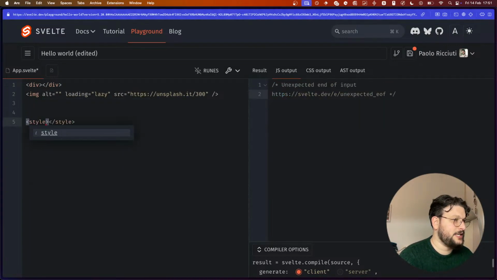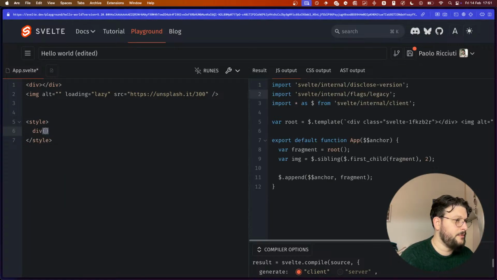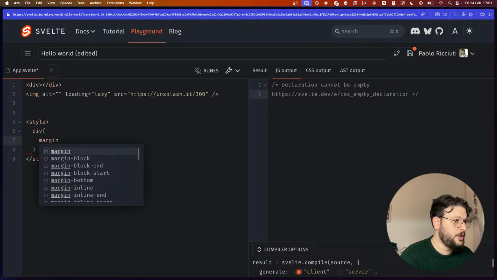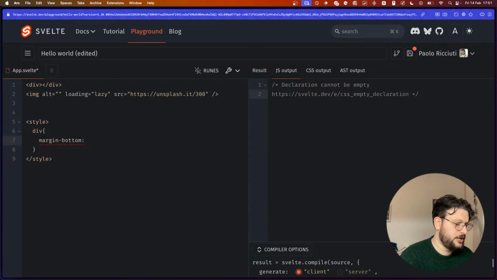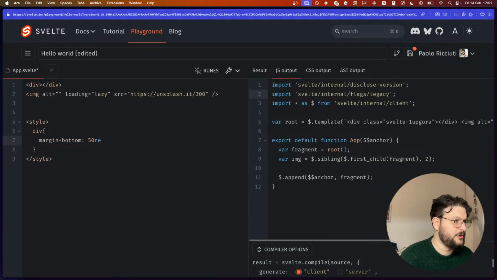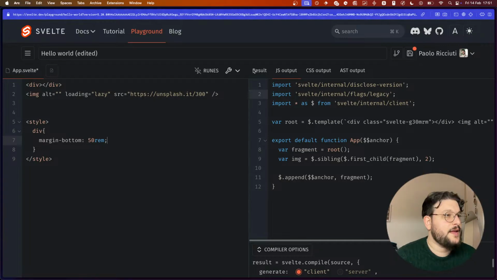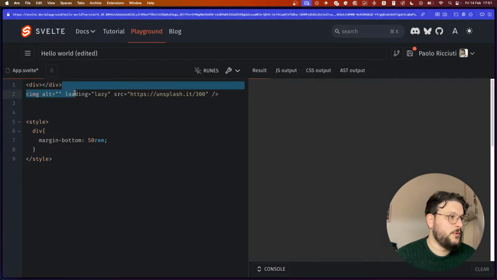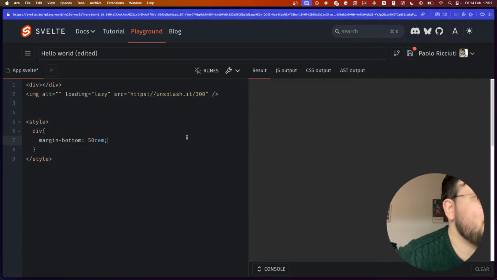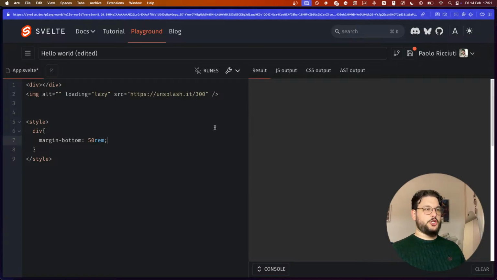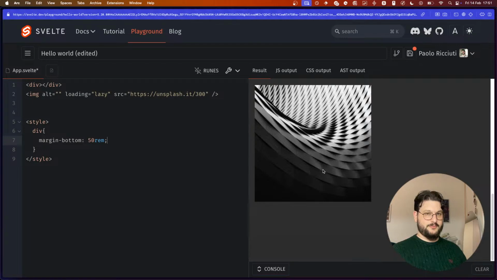I can do style margin-bottom, I don't know, 50rem, something like this. Now, what this code does is the image does not load immediately, but it only loads when you actually scroll to it. Did you see it? I scrolled to it and then it took some time because it had to load the